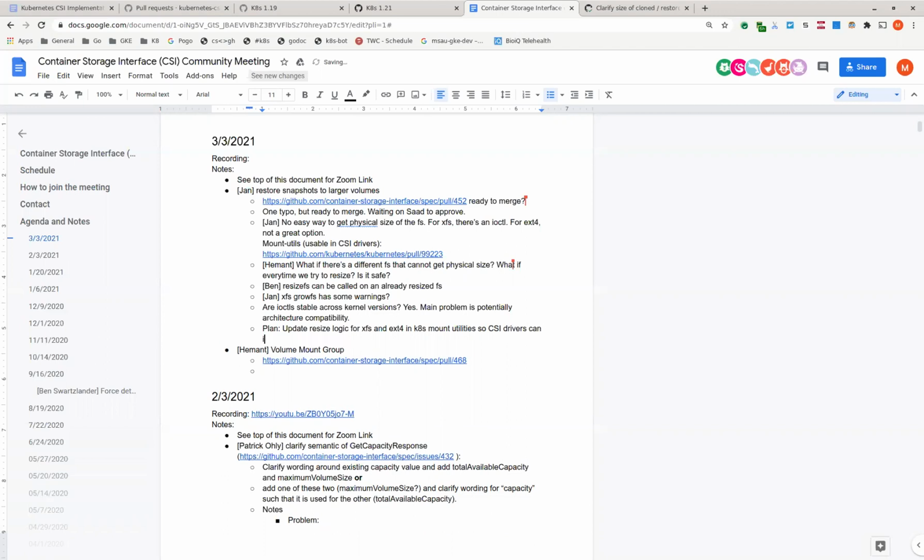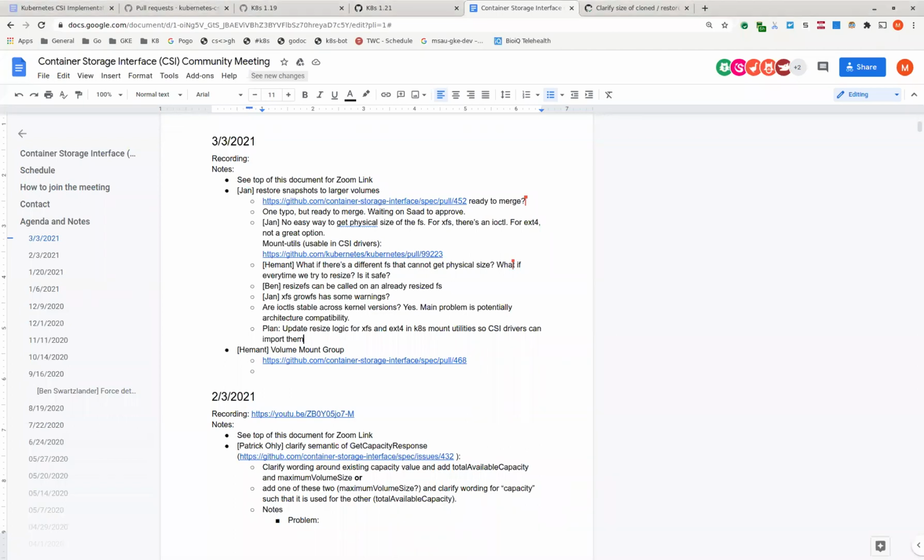This is for 1.22. Release 1.21? Oh, this one? I think we can do that. Code freeze is coming, right? Yeah, but we still have four days. We're driving at getting a CSI release out before the code freeze so that we can get a bunch of stuff fixed in Kubernetes 1.21. I don't know if we're going to make that deadline. That's what I'm wondering. Cutting it close, one week.